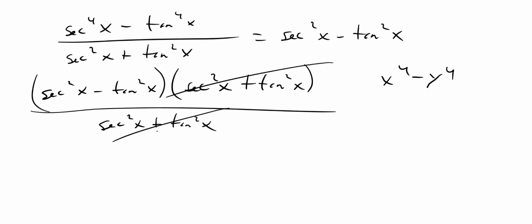Okay, so that cancels with that, and you wind up with just secant squared of x minus tangent squared of x, and then you're done with that problem. So that was just factoring. That's not even any knowledge of trig. Okay? All right, and last one,